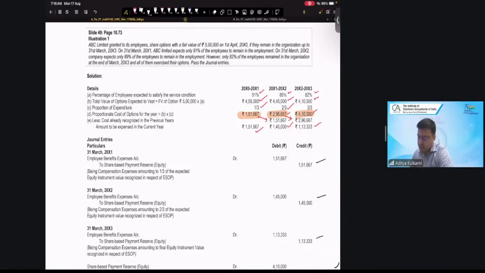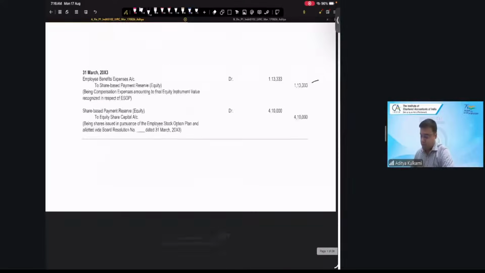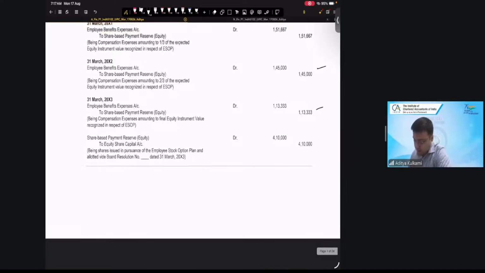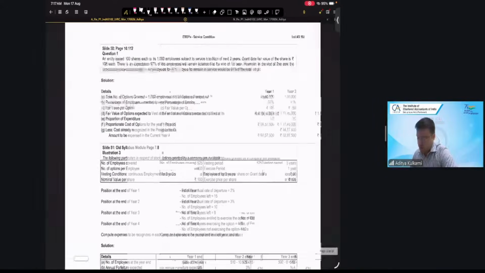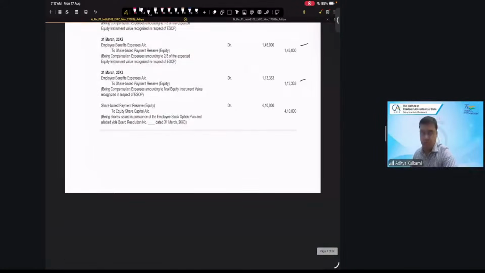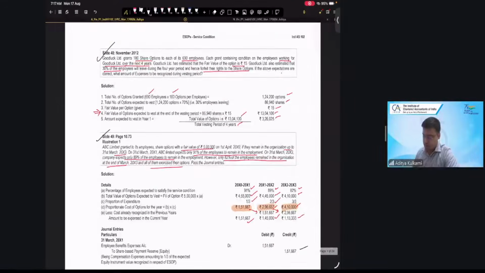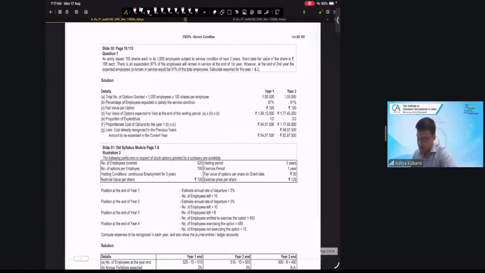82% remained in the organization and all of them exercised the option. So when they exercise the option, what is the entry that is posted? SBP reserve account debit to equity share capital. Yes, SBP reserve account debit to equity share capital, 4,10,000. Are we okay with this? Yes. All right, fine. So that takes care of this question and this question. Next,